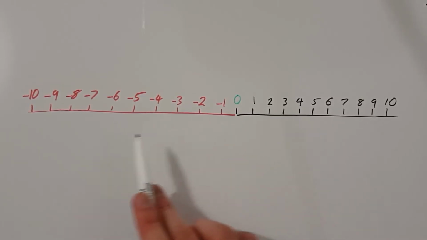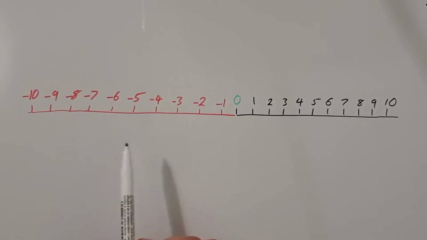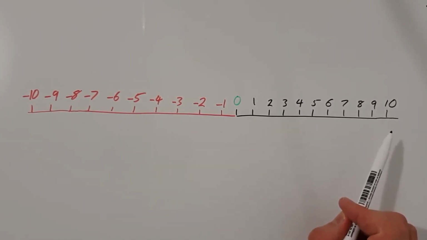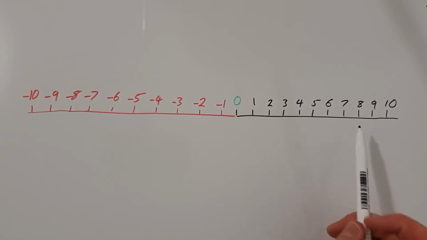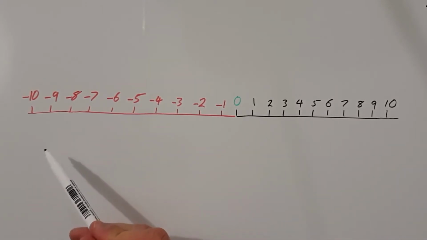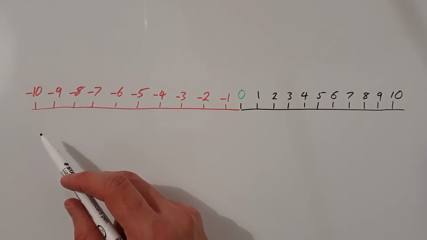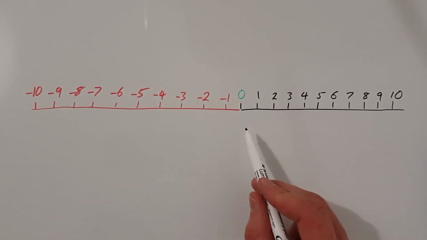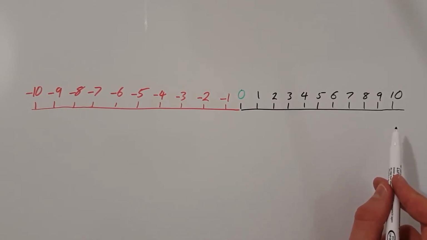Numbers on the number line get higher and greater in value the further to the right we go on the number line, and the numbers get lower, of less value, further to the left we go on our number line. And of course the number line doesn't just go from -10 to 10. I'm sure everyone here can count higher than 10, and if you kept counting for higher and higher and higher,